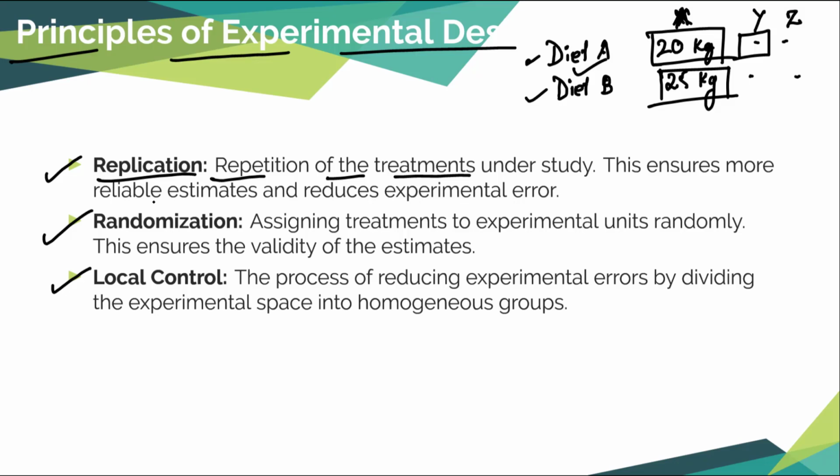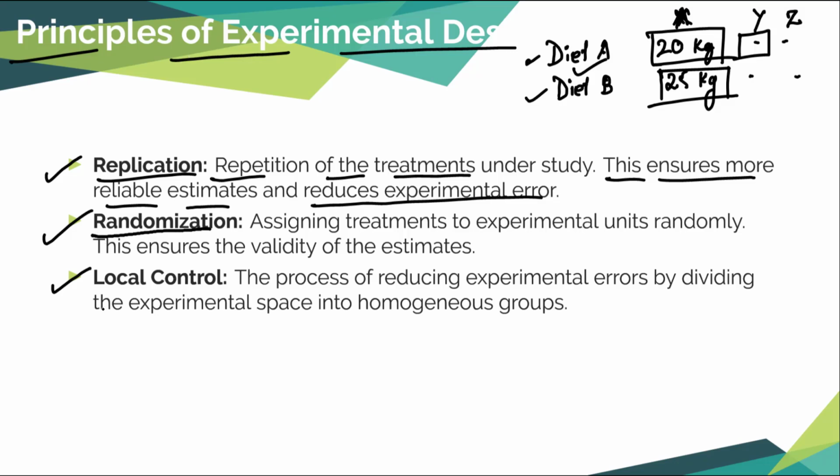Now why do we do replication? It ensures more reliable estimates of the error and it reduces experimental error, right? That means the higher the number of observations you collect, the lesser will be the error, right? The next